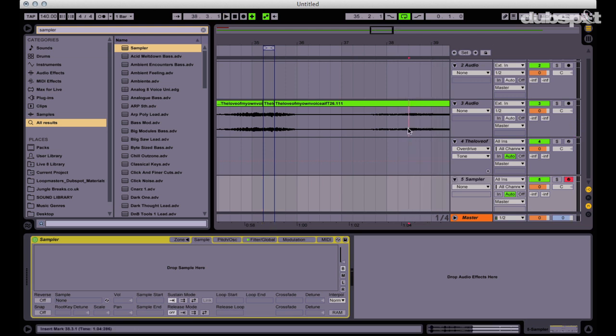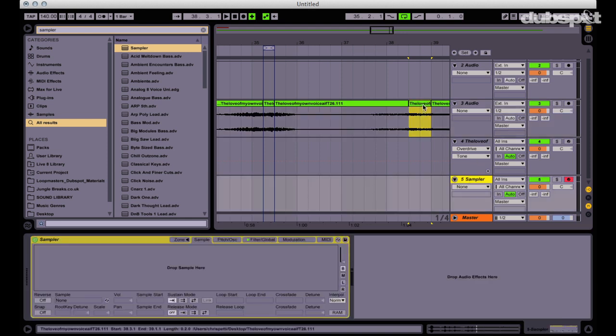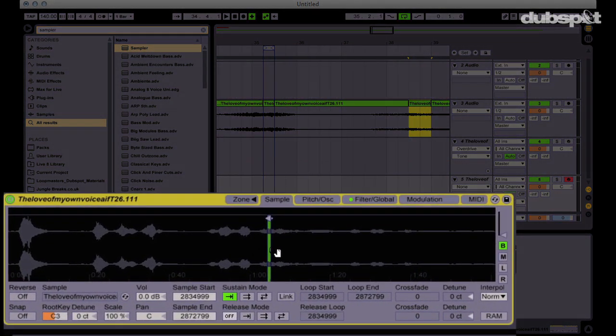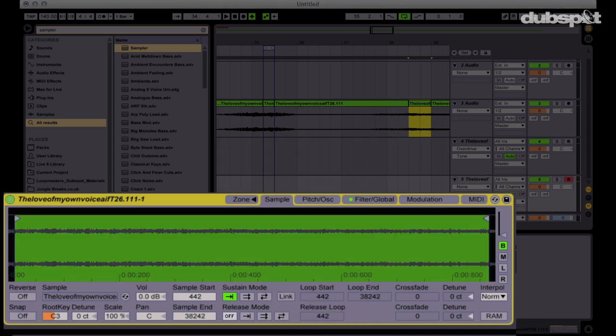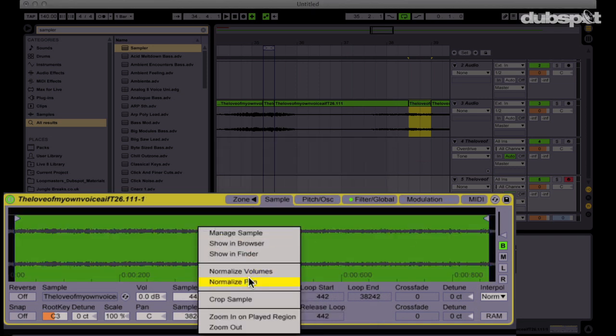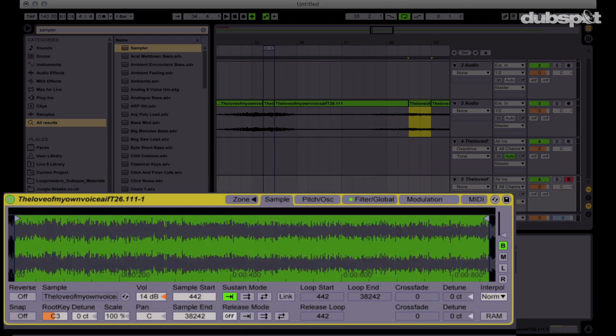I believe that that is going to serve double duty for my hi-hat and for my snare. So let's go ahead and extract this range, and then let's go back to the sampler and let's drop this in, and let's crop it. And I'm also going to go ahead and normalize the sample as well, normalize the volumes. So when I strike the key on this,